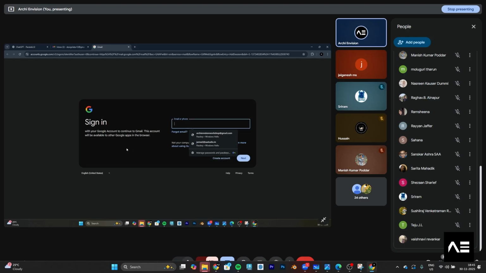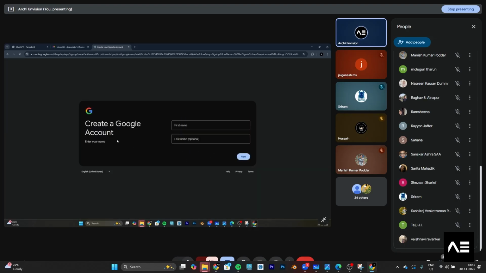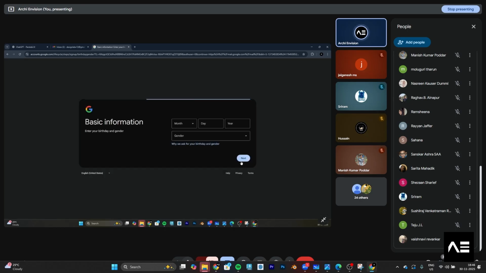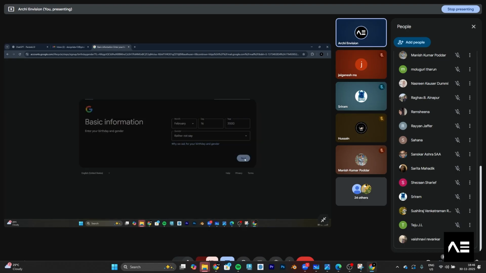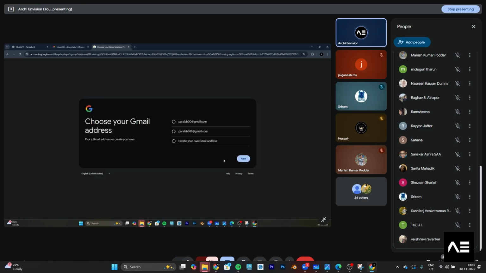Okay, go to sign in and create an account, create for personal use, and give your first name and last name. It's optional. Just create a new ID. It's random, and if you want, give your gender and create it.